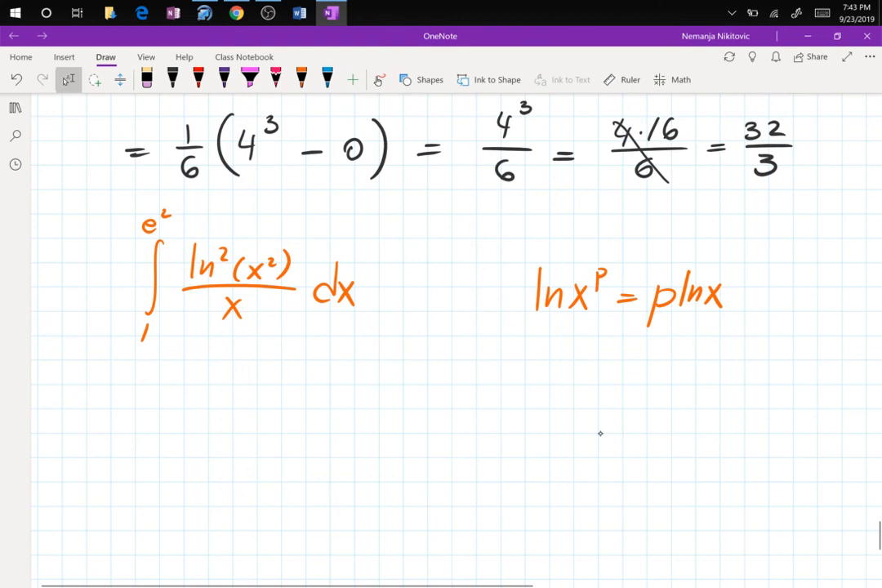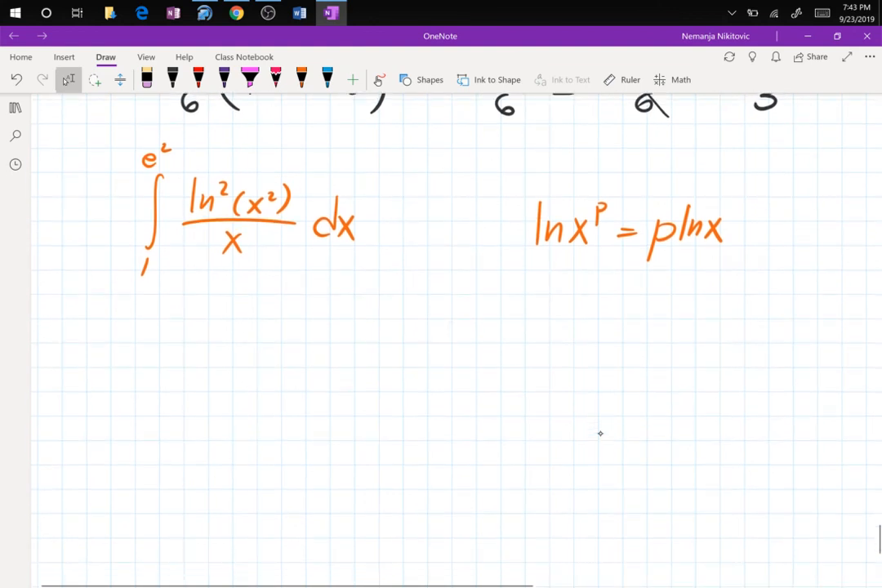Oh great, there's a lag. So keep imagining what I'm writing. Well, now I have to just take this ln squared